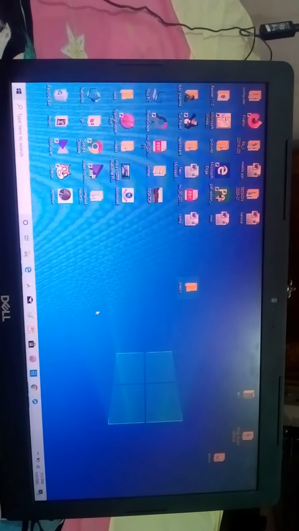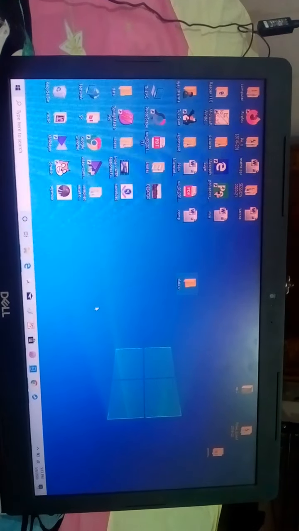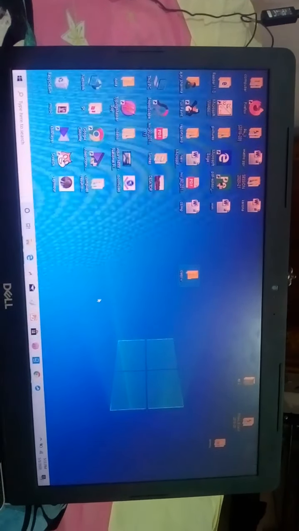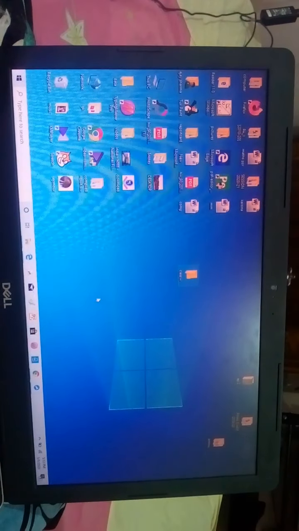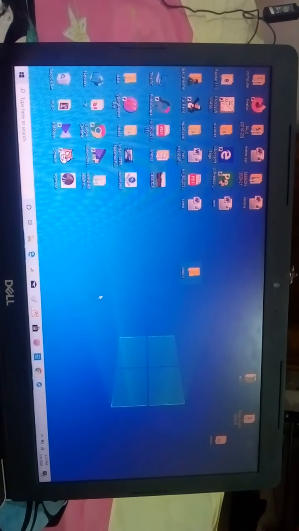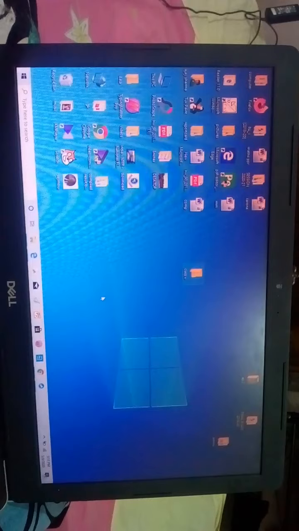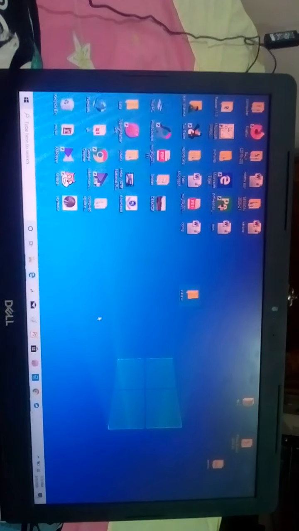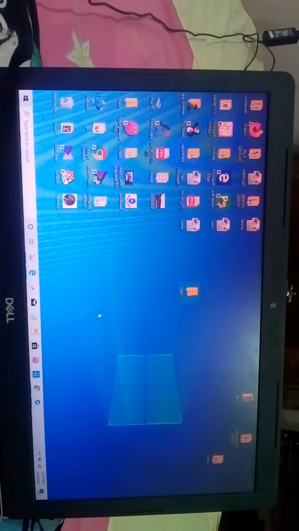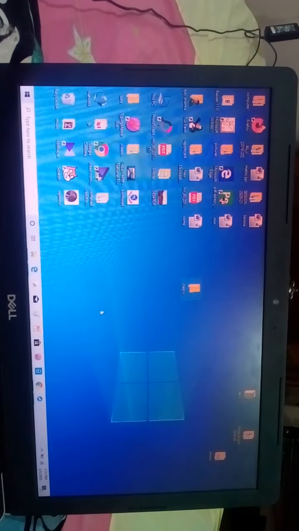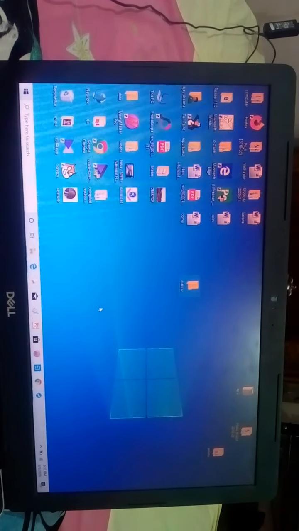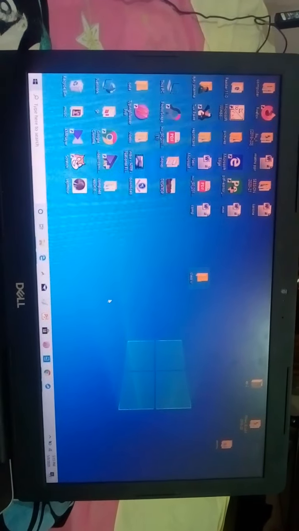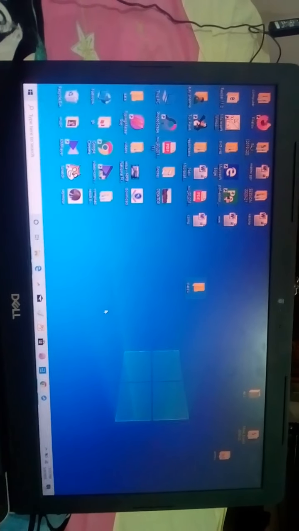Similarly, you can create a folder in your mobile phone also. In your file manager, you can create a new folder of your class or any particular subject, so that you can keep all your documents of that particular subject in that folder. It will help you to easily get to your material.